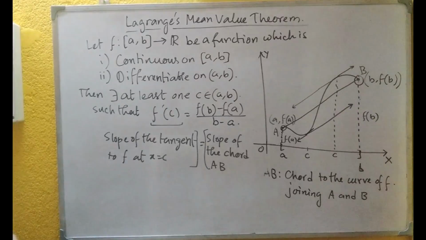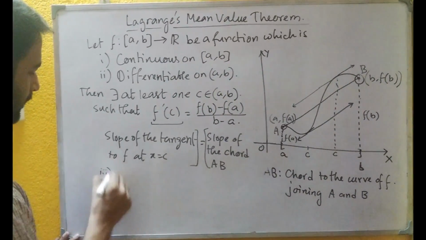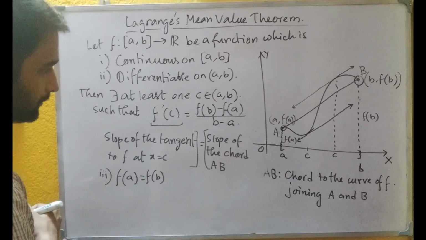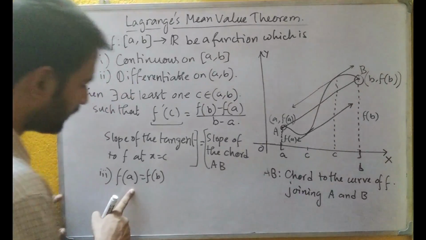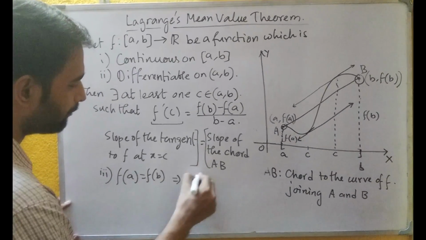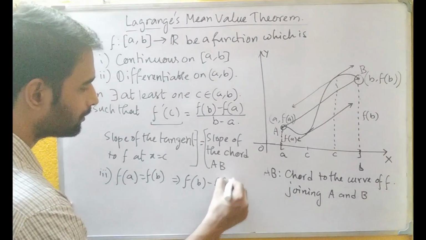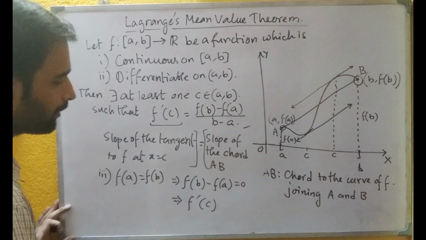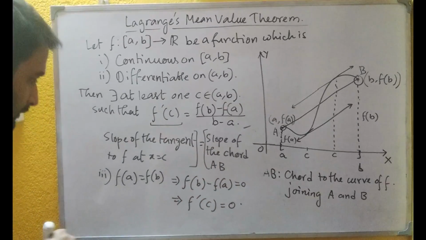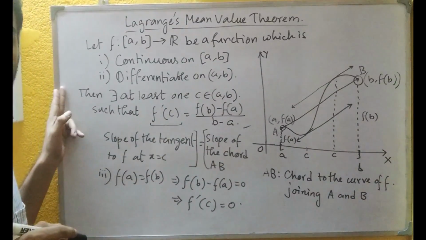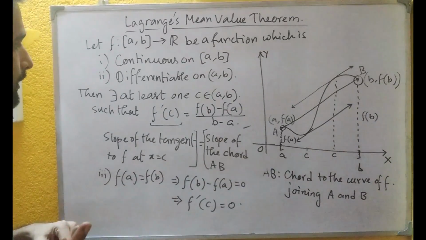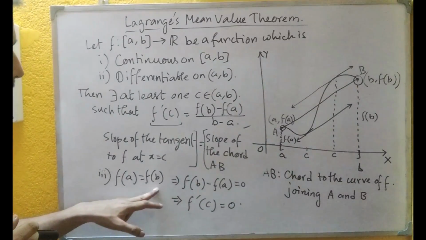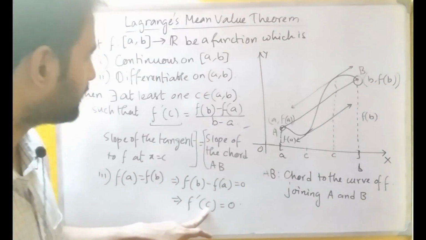Now see one thing, if you impose the third condition of Rolle's theorem, that is f(a) equals f(b), what will happen? If f(a) becomes equal to f(b), then you can say that f(b) minus f(a) is 0. So from this we can say f dash c equals 0 by this formula. So that means it is a more general version of Rolle's theorem that says about the existence of a stationary point. See, if f(a) is becoming f(b), then c becomes the stationary point of the function.